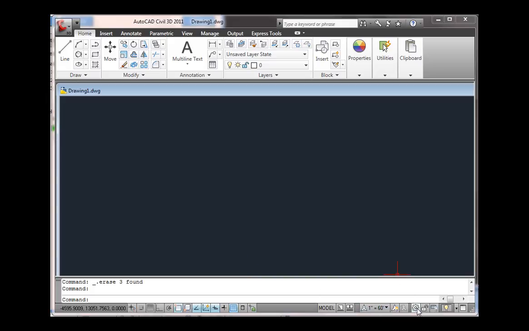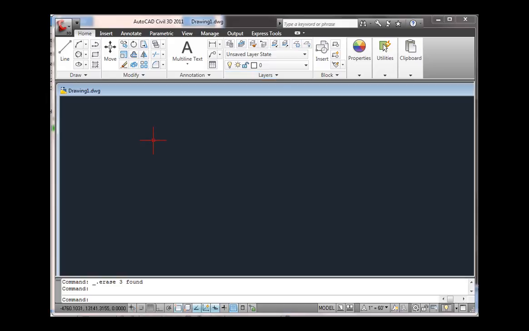And then we talked a little bit over here about the workspaces, how you can change the toolbar settings so that, if you know how to customize your toolbars, you can only work with those tools that you need at the time and get rid of all the clutter. And then we talked about layers as well. So without going into a lot of detail about any of that, I'll draw a couple of lines